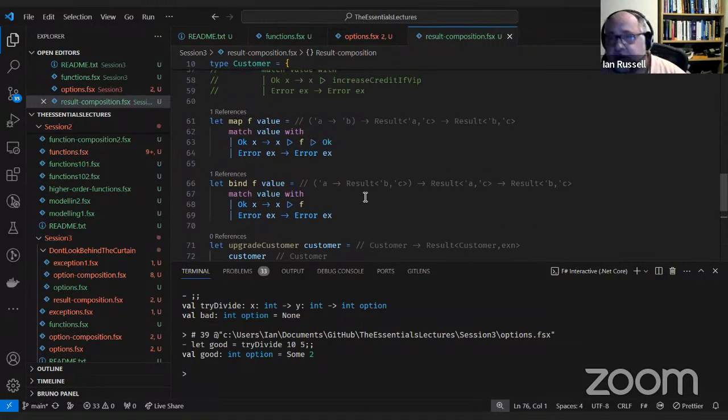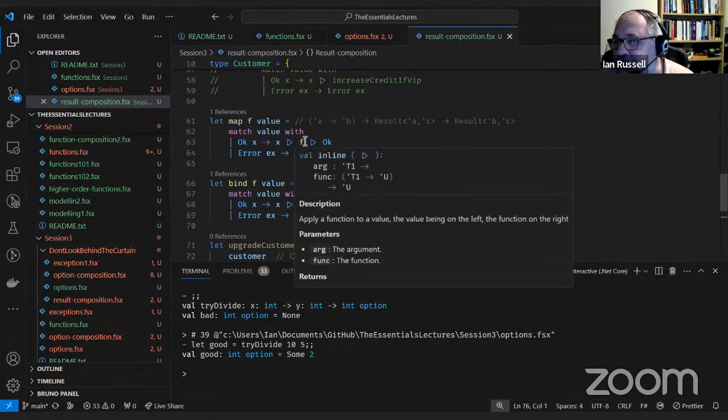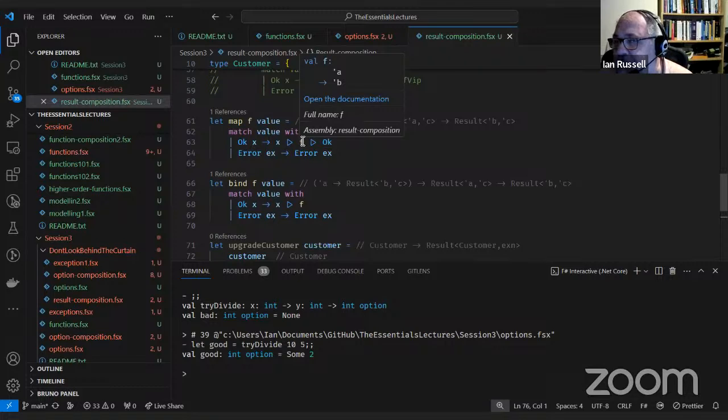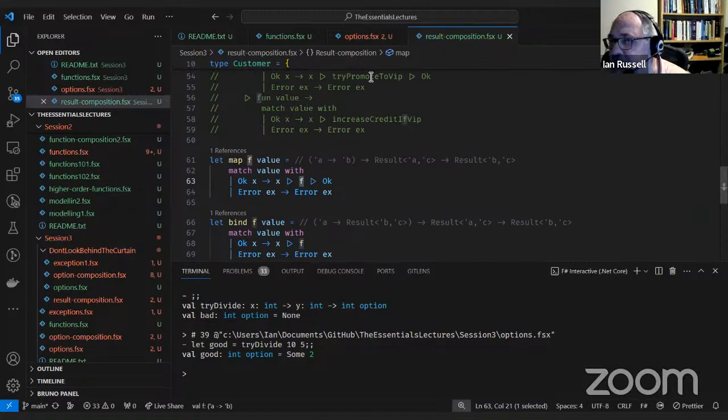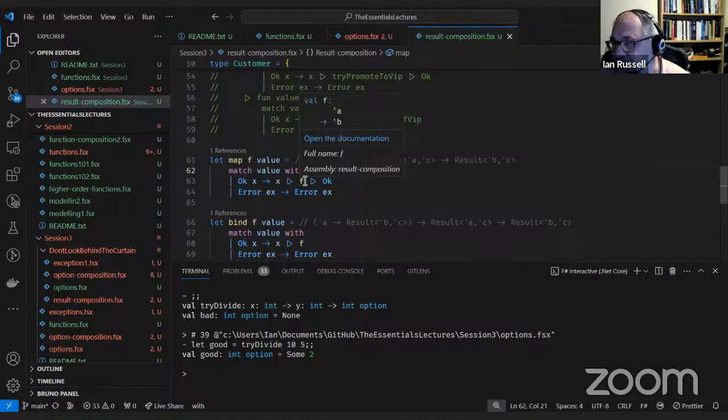Okay, so what I've done there is, because I wasn't doing anything specifically with tryPromoteToVip, I can actually replace it with just an f for any function.